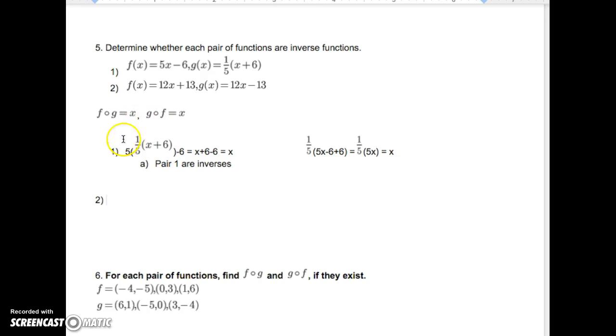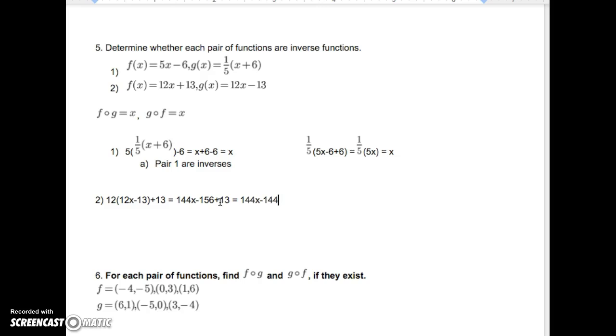And now I'm going to look at pair 2, and I'm going to try to do the compositions again. Okay, so I'm going to start off by doing f composition g for the second pair. So f is the outside function, that's 12x plus 13. In place of this x, I'm plugging in the other function. So the other function is 12x minus 13. So I have the expression 12 times 12x minus 13 plus 13. And if I distribute this, 12 times 12 is 144x. 12 times 13 is 156 plus 13. And hopefully you can already see that this is just 144x